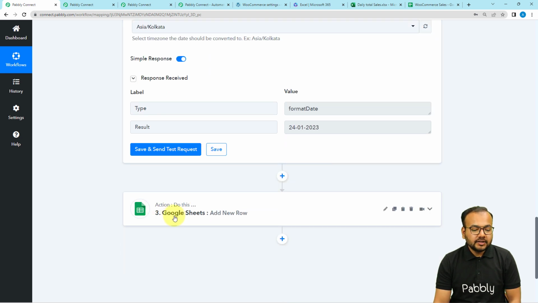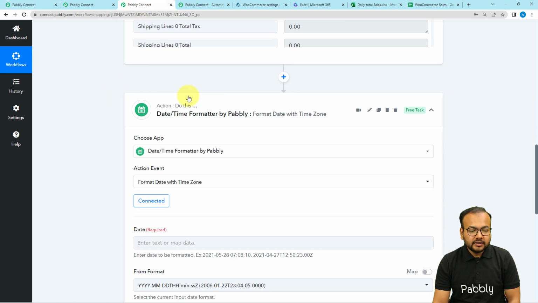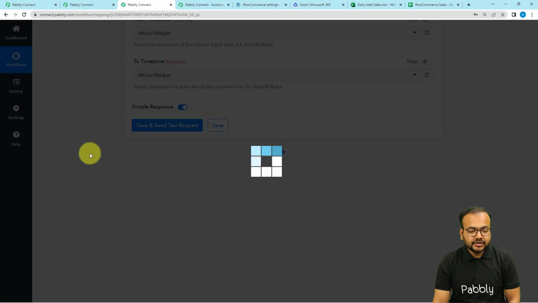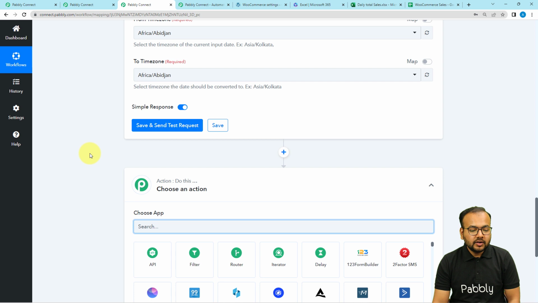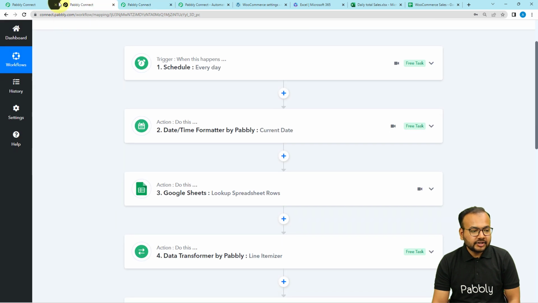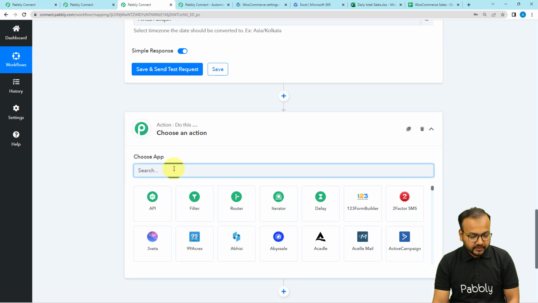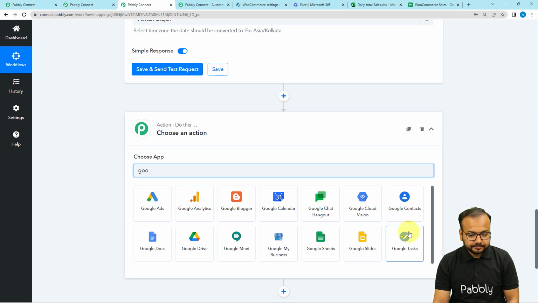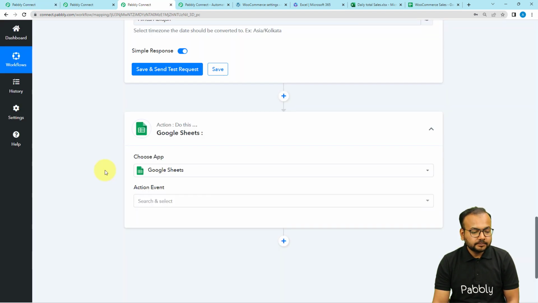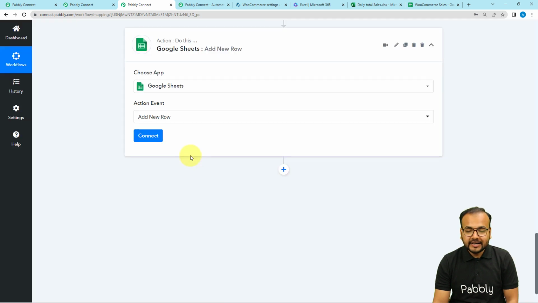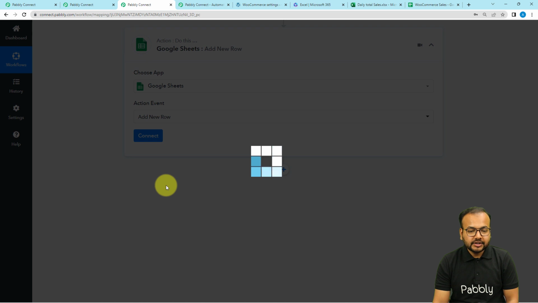After this, guys, you have to click here on this plus icon like this, and another action step will open up, and here you can select Google Sheets application just like we have selected here. Okay, so for that you just have to type Google Sheets. Select the action event as add new row to add the data into the spreadsheet,